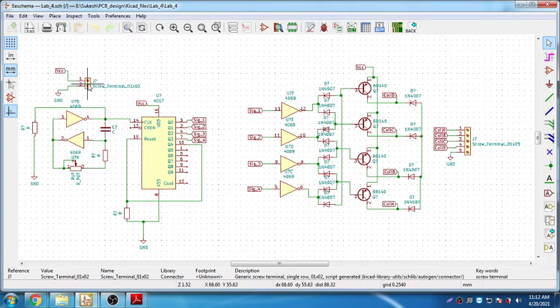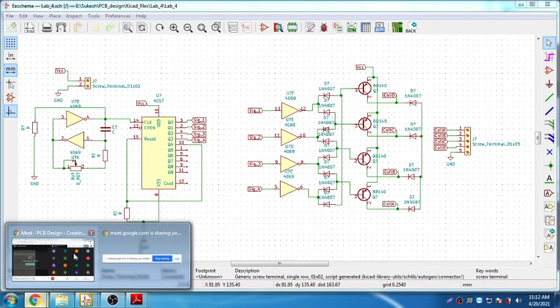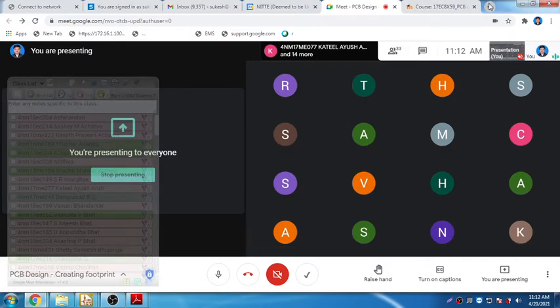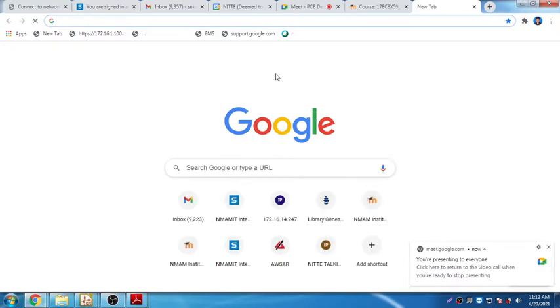Now this component could be a DIP, a through hole, or also SMD. If it is an SMD component, I need to assign a footprint. So how to assign a footprint? First you need to search the component. So how do you search the component? That's very important. So what we basically do is, hereafter I'm going to give you the problem statement.